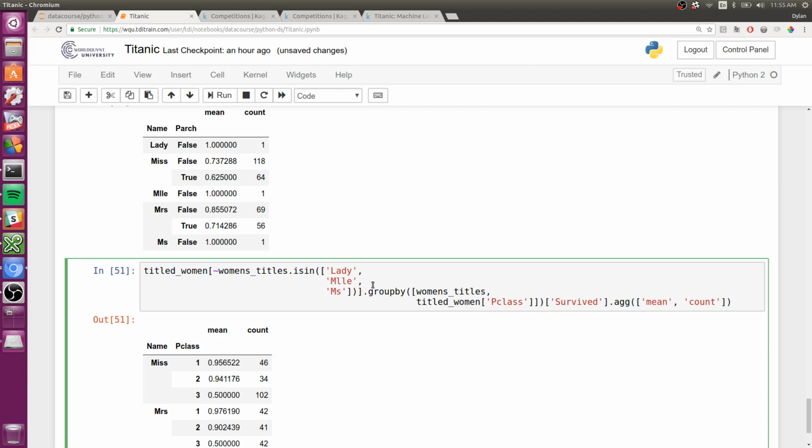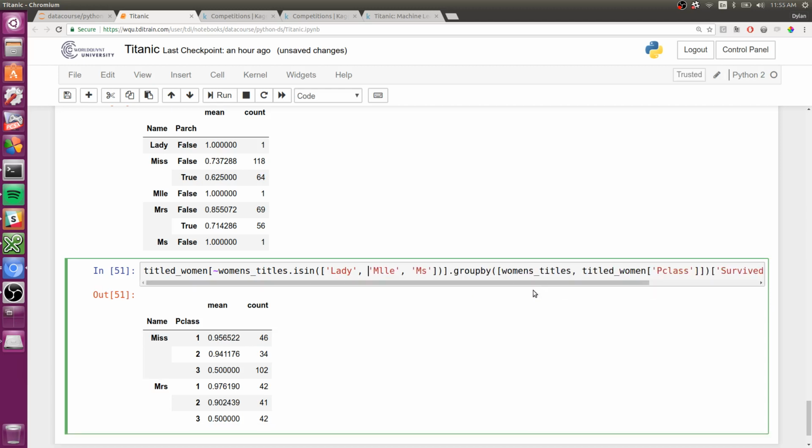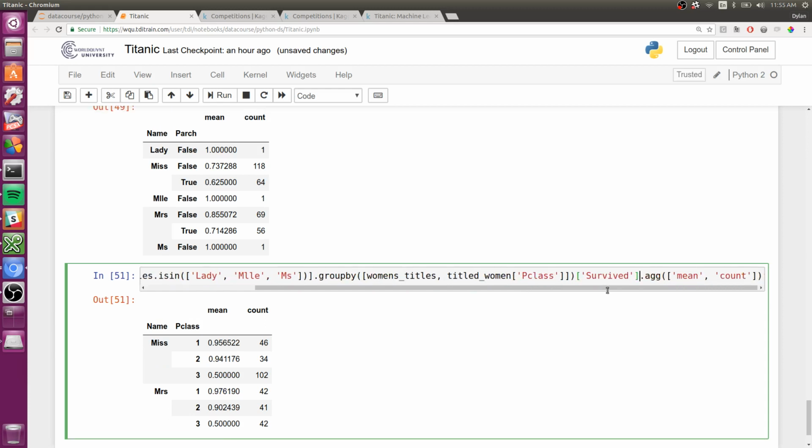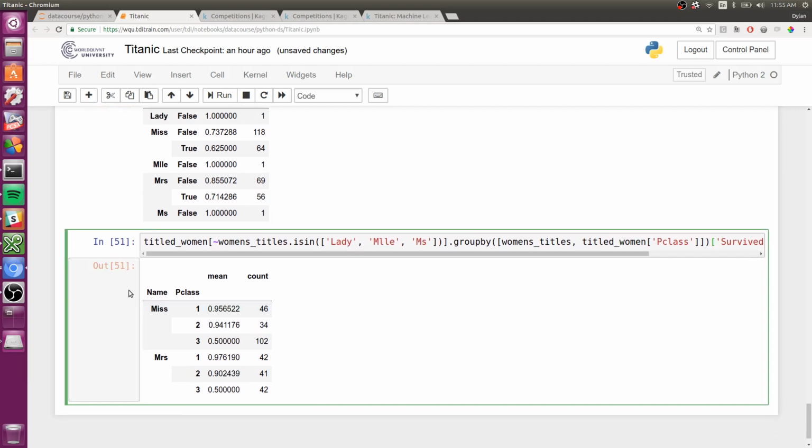Unfortunately, there's not a lot we can do here to make things like the group by shorter or anything like that. But what we see as a result here is